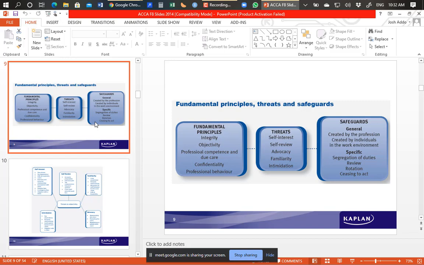Advocacy threats. We'll also talk about that one. Familiarity threats and intimidation threats. So 5 threats. Let's take them one after the other. Self-interest threats. All of us know something about what self-interest is. So in connection with the auditor carrying out his work with these fundamental principles of professional ethics,